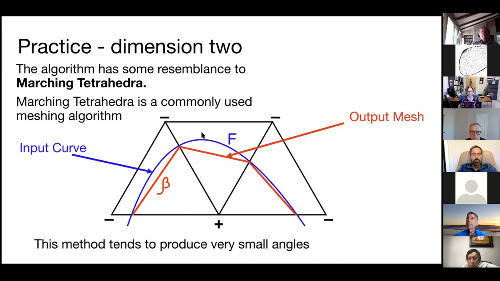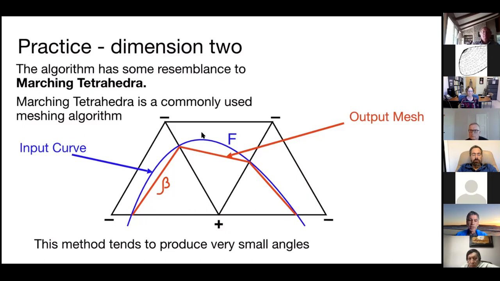But then, yeah, so don't worry about that for this purpose. Let's just assume that the curve intersects a triangle in at most one arc. Otherwise, you have to get into questions about subdivision and so on, which are just not important for what we're doing now. So this is the method of marching tetrahedra,